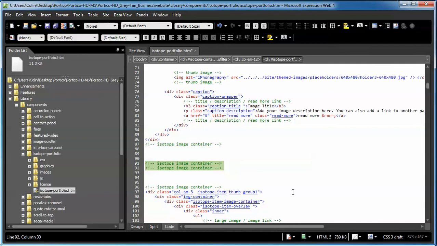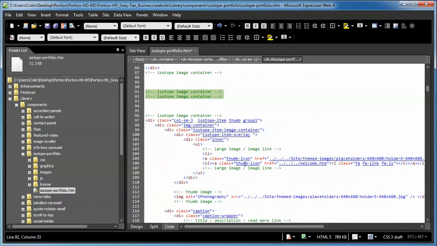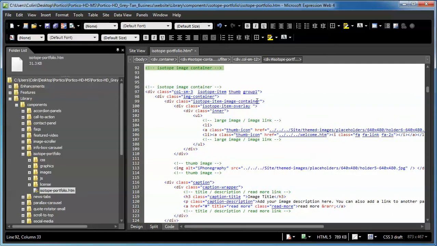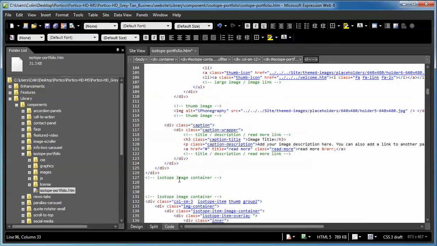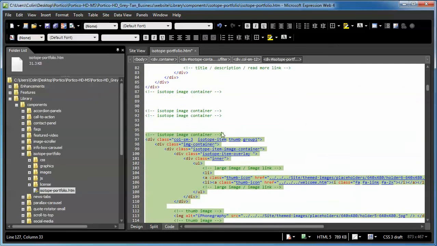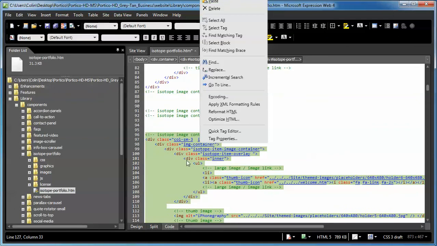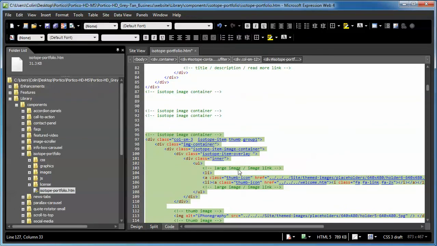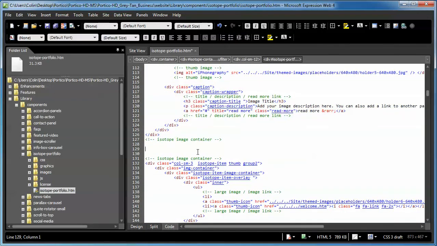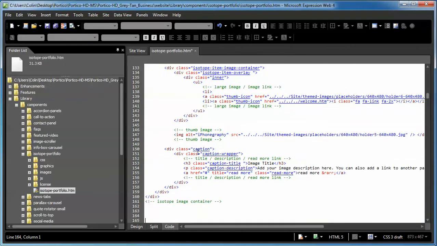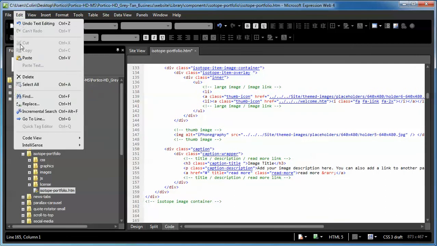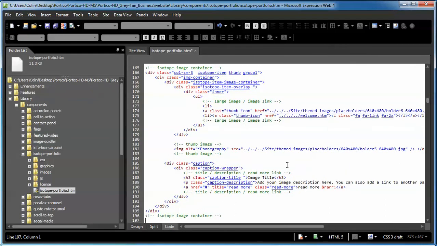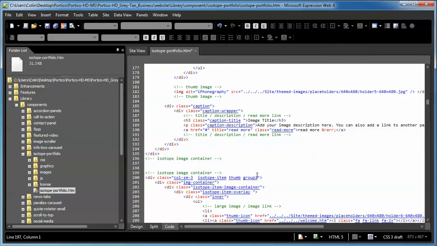And the same goes for adding more images to your portfolio. I suggest you just switch into the code view, copy an existing container like so, including the comment tags, just copy it, and then wherever you want to put them, just hit enter and edit and paste or control V as many times as you need to create as many